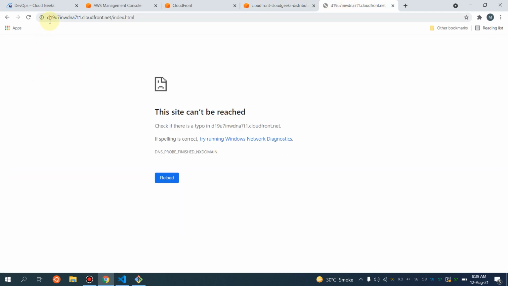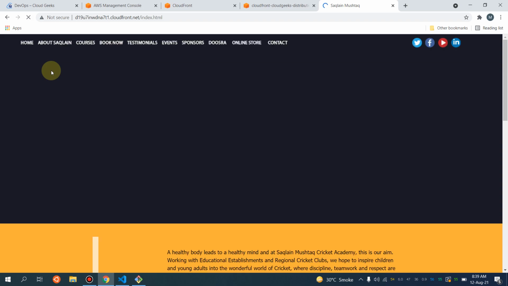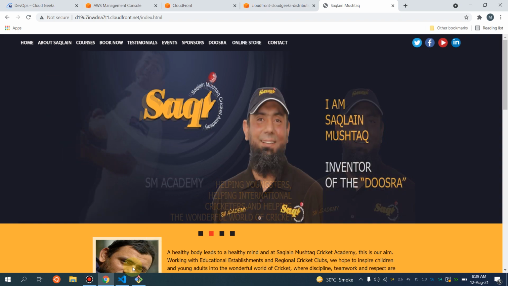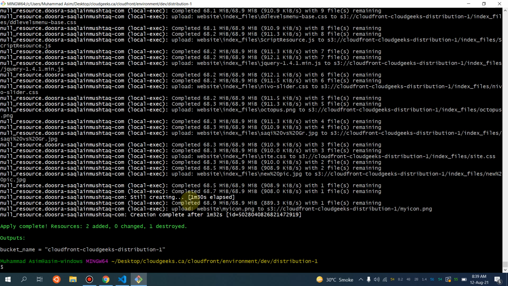So if I navigate to this section and refresh it, I should be able to see that particular website which I deployed through my Terraform code. And you see, guys, we have successfully done that. As a DevOps engineer, in case of any issues, you should not just be frustrated or something like that. Debug the issue, find out what it was, try to solve the problem,